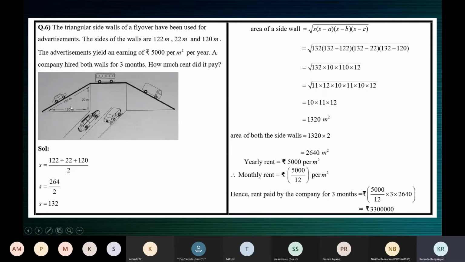Can somebody tell me how to prove that this triangle is a right triangle? We discussed this yesterday. If the square of the hypotenuse is equal to the sum of the squares of the other two sides. Sangamitra, try coming closer to the mic and talking. Your voice is very low. A little louder, please.